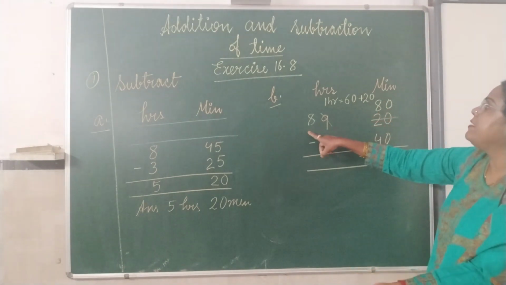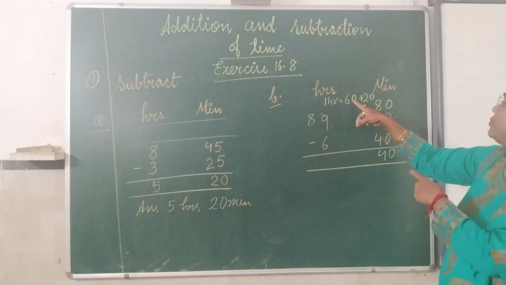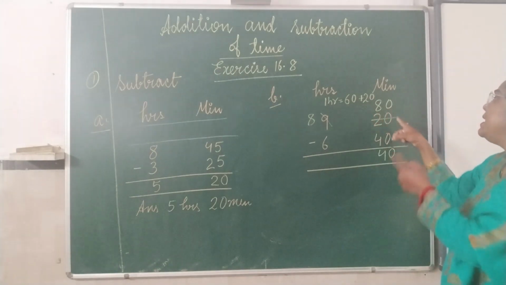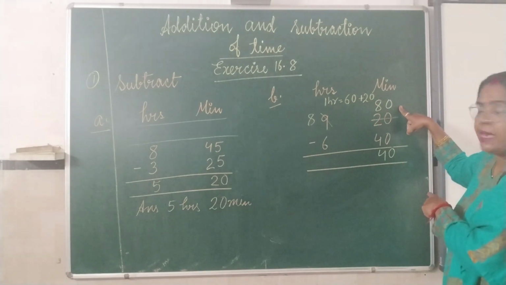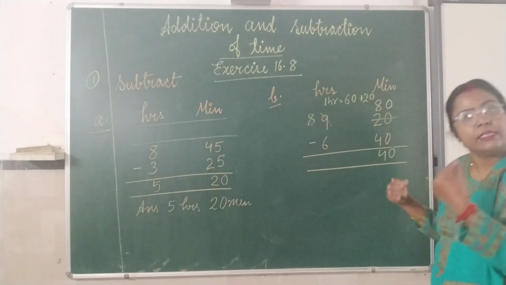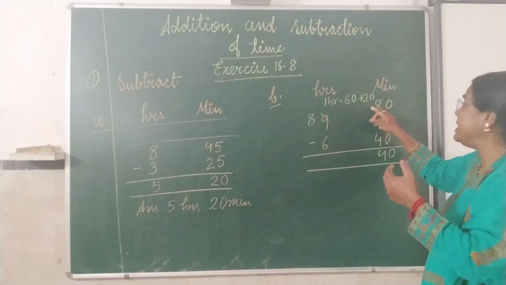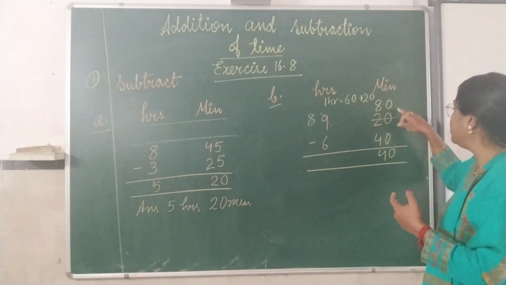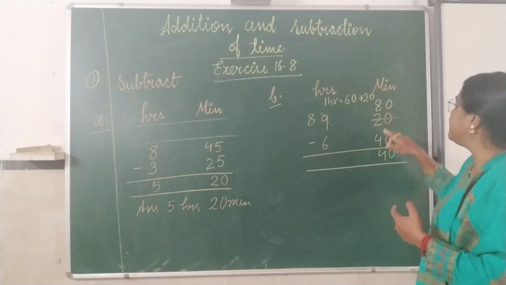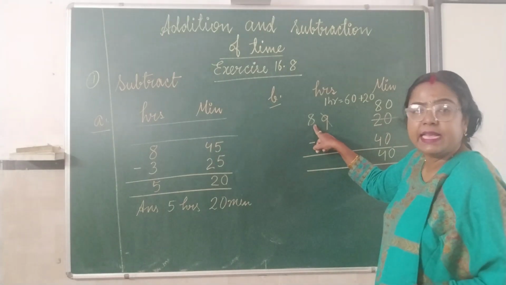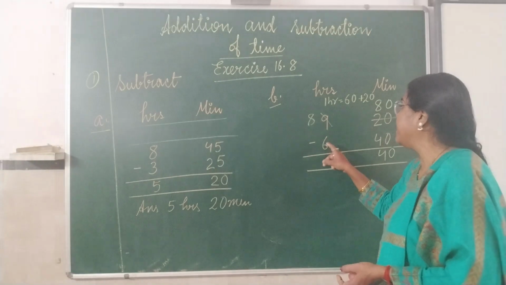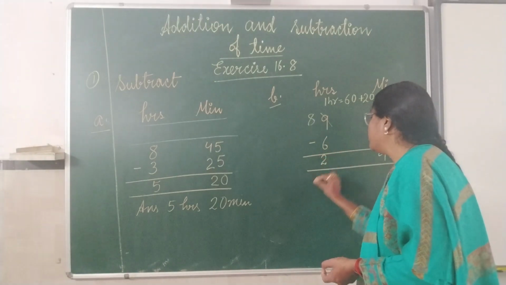So what have we done? We have taken the borrow. 1 hour is equal to 60 minutes. Already 20 minutes was there, so 60 plus 20 is 80 minutes. 80 minus 40 is normal subtraction, because 80 is greater than 40. So 0 minus 0 is 0 and 8 minus 4 is 4. Now towards our side, 8 is there because we have taken the borrow. So 8 minus 6 is 2. So the answer is